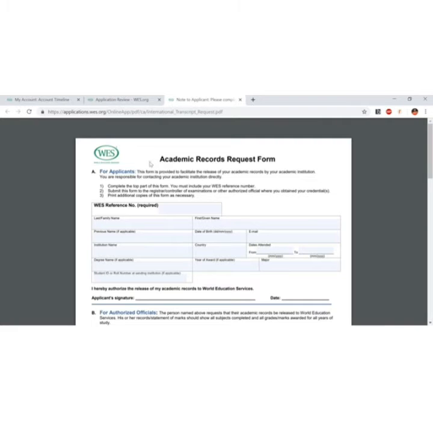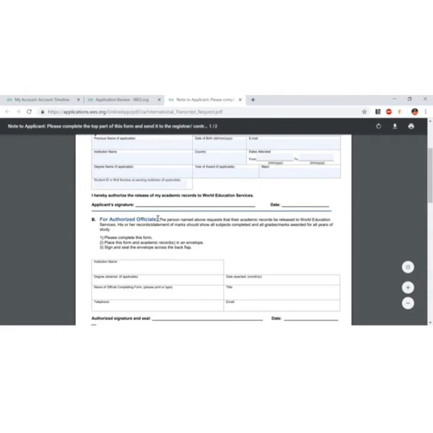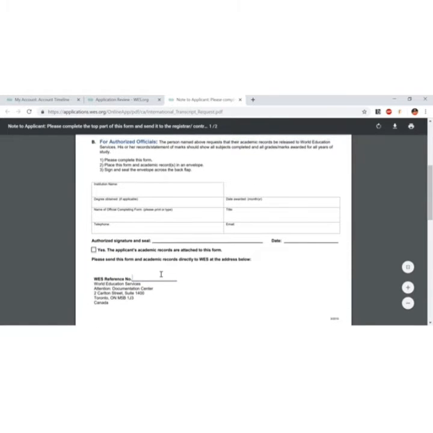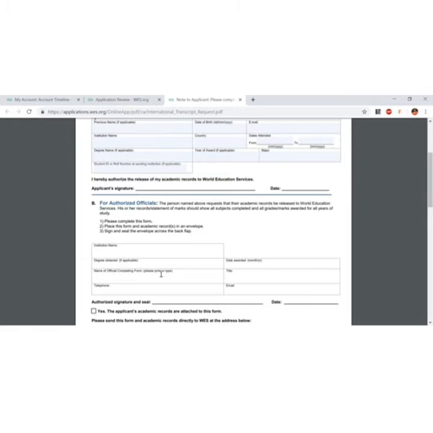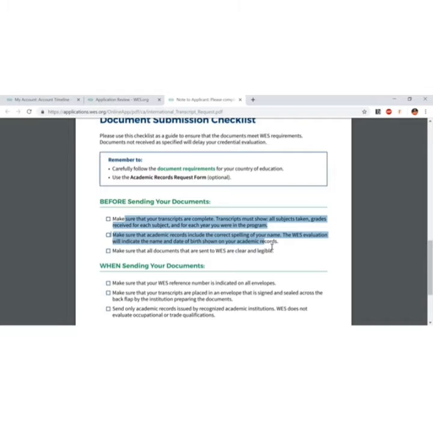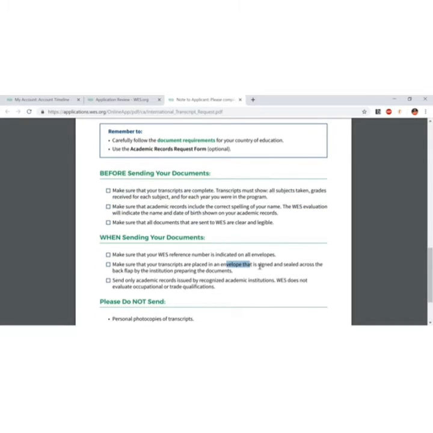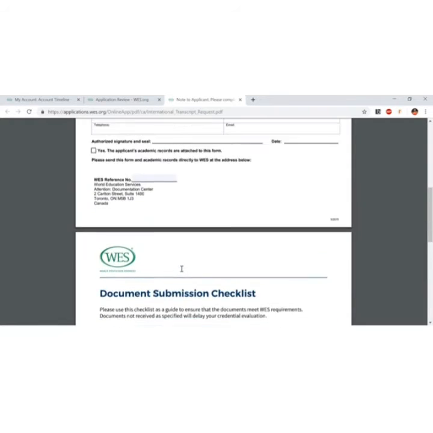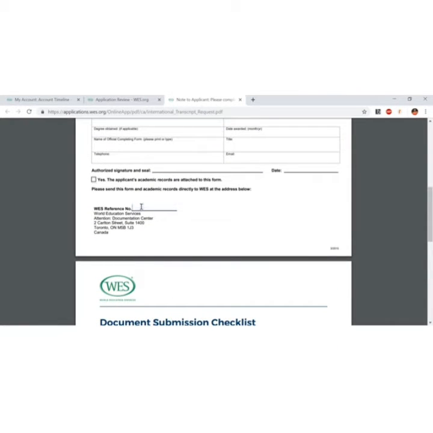Like if you have to go to your university and apply for the transcript. This is the reference number we were talking about, which we got in the last step, and your name, reference number, everything. Again, you have to enter your reference number here also. Take a printout of it and submit it to your college, because college might have their own transcript request form. But along with that, submit this also, because this has clear instructions on how they should be sending your transcript in a closed sealed envelope, signed across the back flap and all that. And there's this address where you should be sending it along with your reference number.